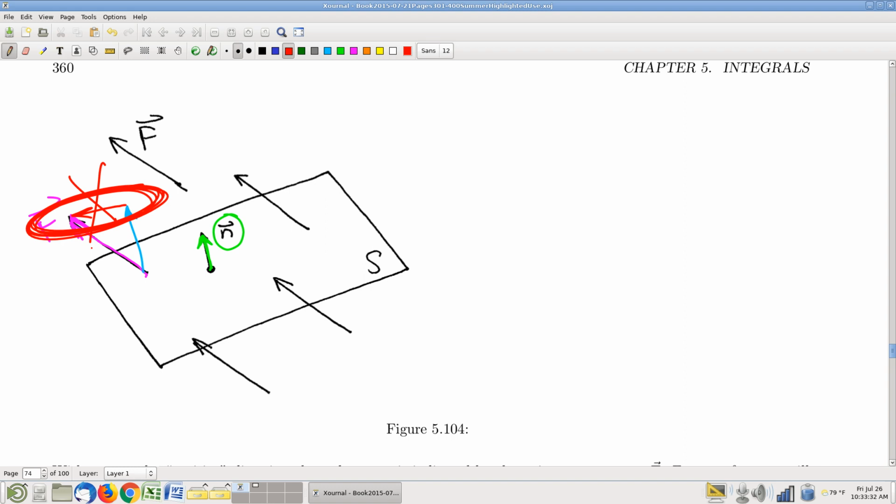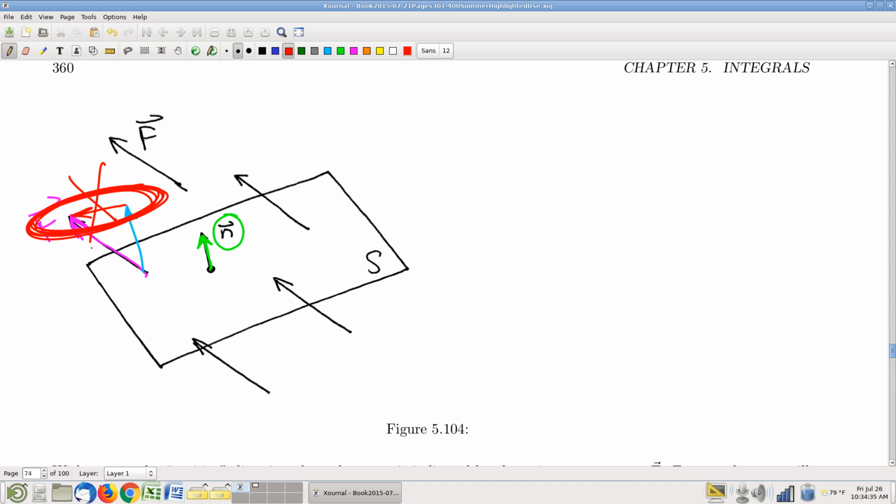Here's a different way to think about that, and it's a silly metaphor, but metaphors are nice. Here's a reason you might be interested in flux. Suppose you're fishing with a net, right? And you've got one of those boats that holds this great big net down there. Let's say your net is sitting in the ocean, and the ocean current is pushing water through the net. Well, the idea is that there's a certain concentration of fish, and as that water goes through the net, the more water goes through the net, the more fish you catch. Right? So someone fishing with a net would be interested in the flux of the water through that net, because more flux, more fish. Right? So in this context, the reason why we don't care about the parallel component, the part of the field vector that's parallel to the surface,